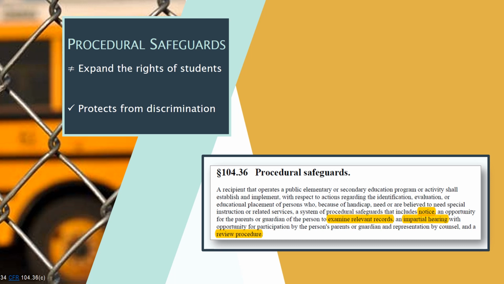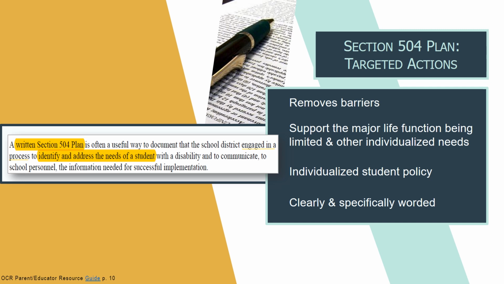Unlike IDEA, Section 504 does not expand the rights of students nor give rights to students. Section 504 provides a safety net of safeguards. It protects students from being discriminated against because of their disability. Section 504 protects students' access to the educational program. When needed, a student may be provided a Section 504 plan. A plan lists targeted actions provided to the student. Such actions are intended to remove barriers due to a disability that limits their access to what is provided by